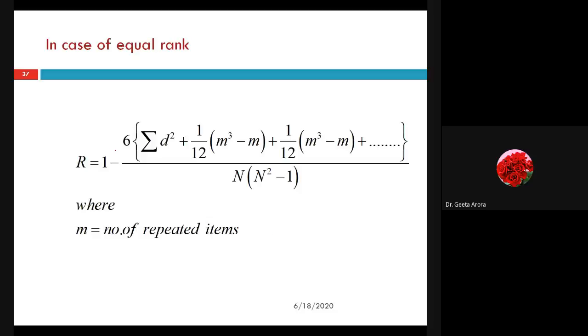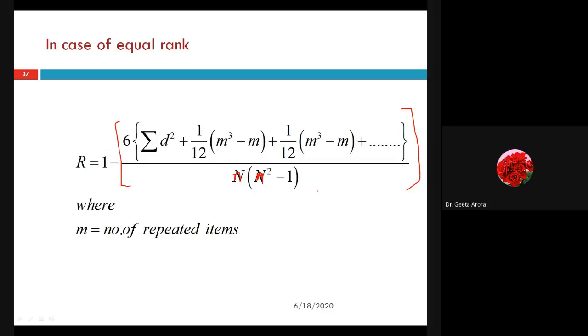Here you can see again we have 1 minus something, so be sure not to make a mistake there. Right? It is 1 minus, as earlier, 6 summation d square divided by n into n square minus 1. It is n, either capital or small. It should be small n. Correct? Might be a typing mistake. It should be n because we have represented this sample by small n.